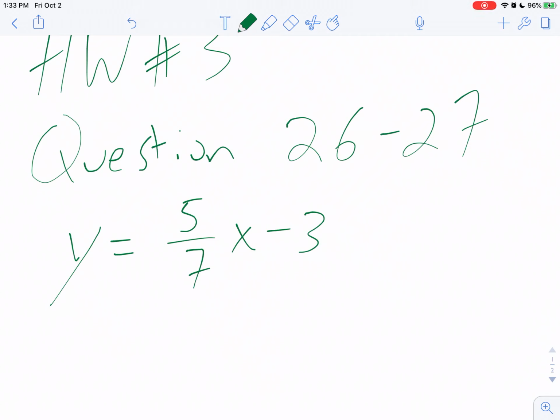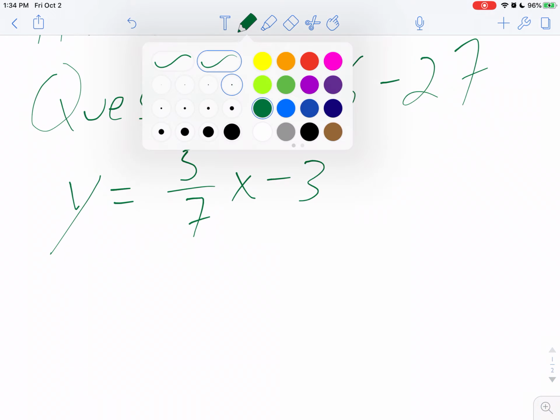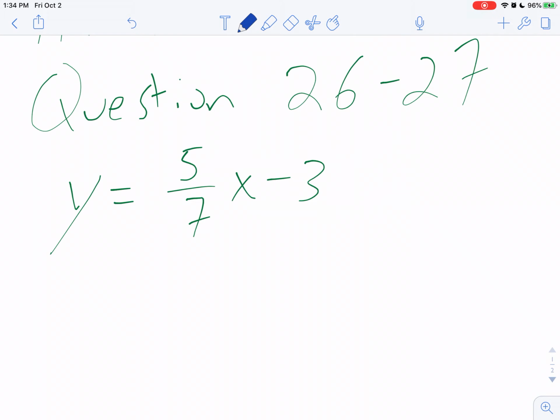Okay, homework number 3, question 26-27. They're asking you about parallel and perpendicular lines. They're giving you equations, and they're asking if things are parallel, perpendicular, or neither. So this is how you tell. And again, this is just an example. It probably won't match your assignment, but